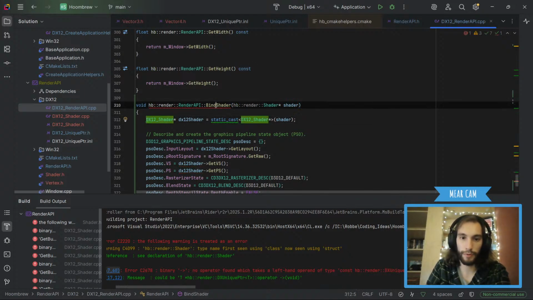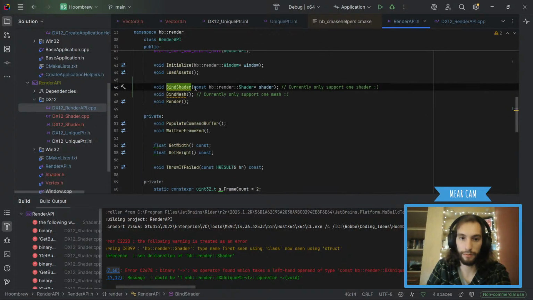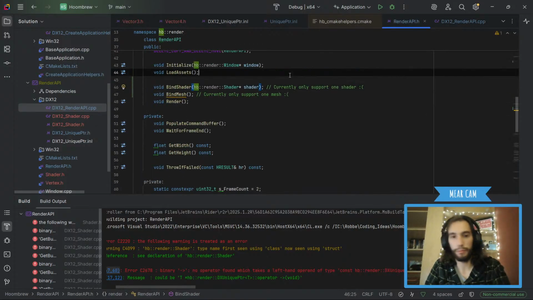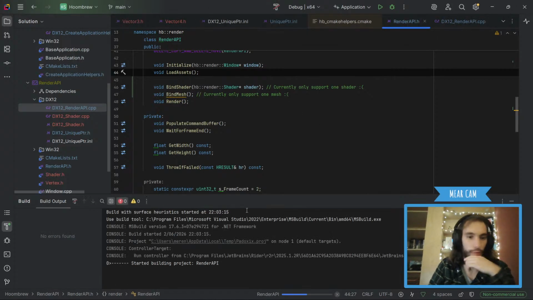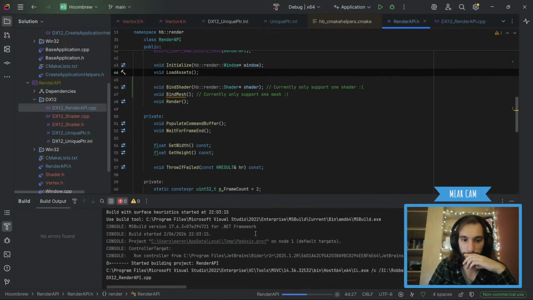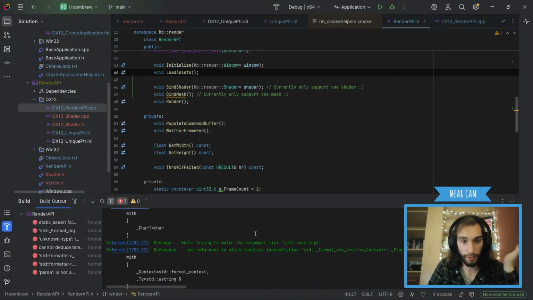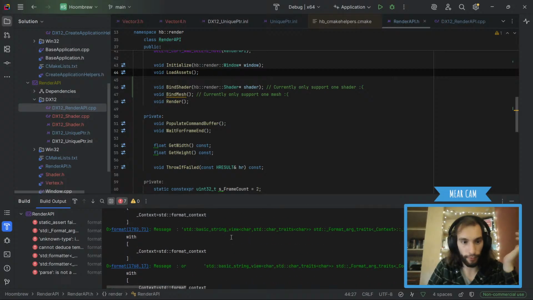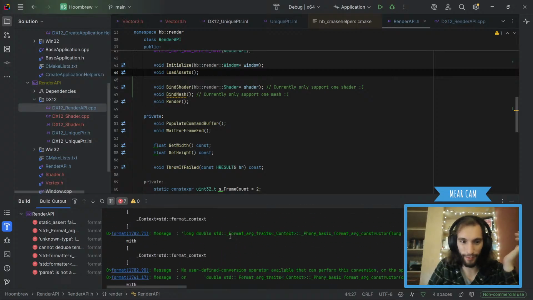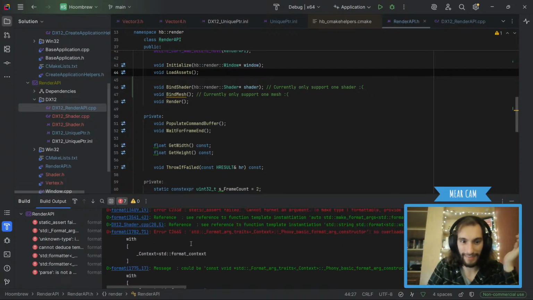Unfortunate, but sure enough it will work. Boom, boom, boom. That's all done. And I think now it should compile, or maybe I forgot something else. It was pretty good. It's format that's failing? Why is format failing? I think I know why.